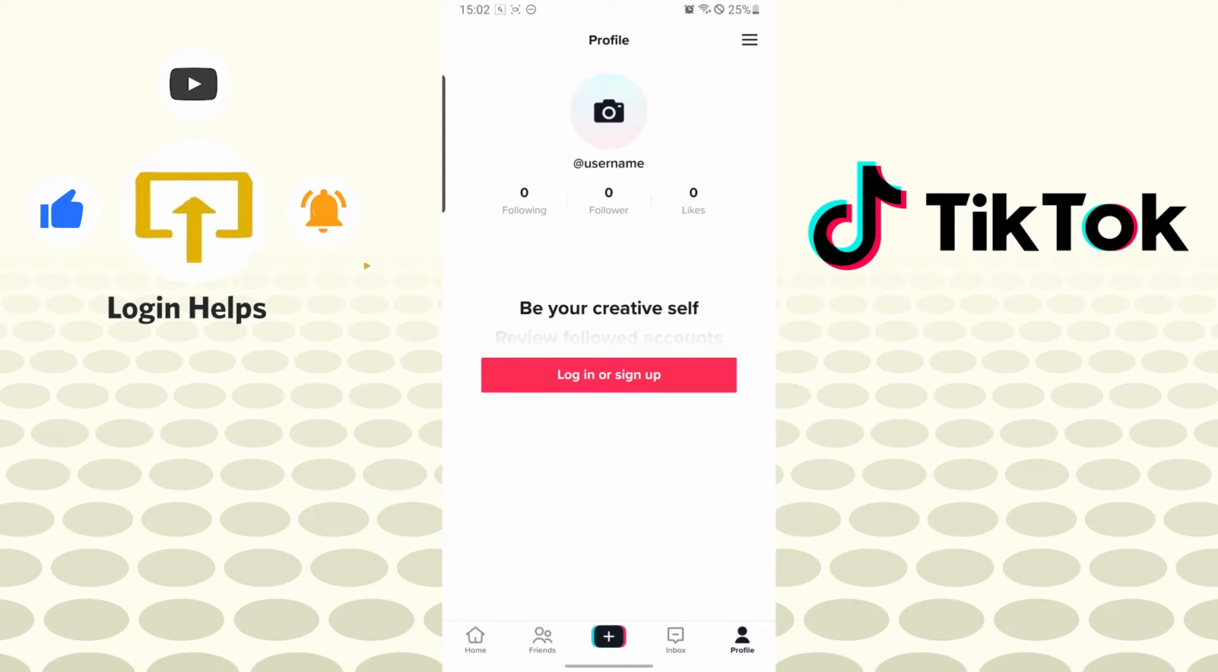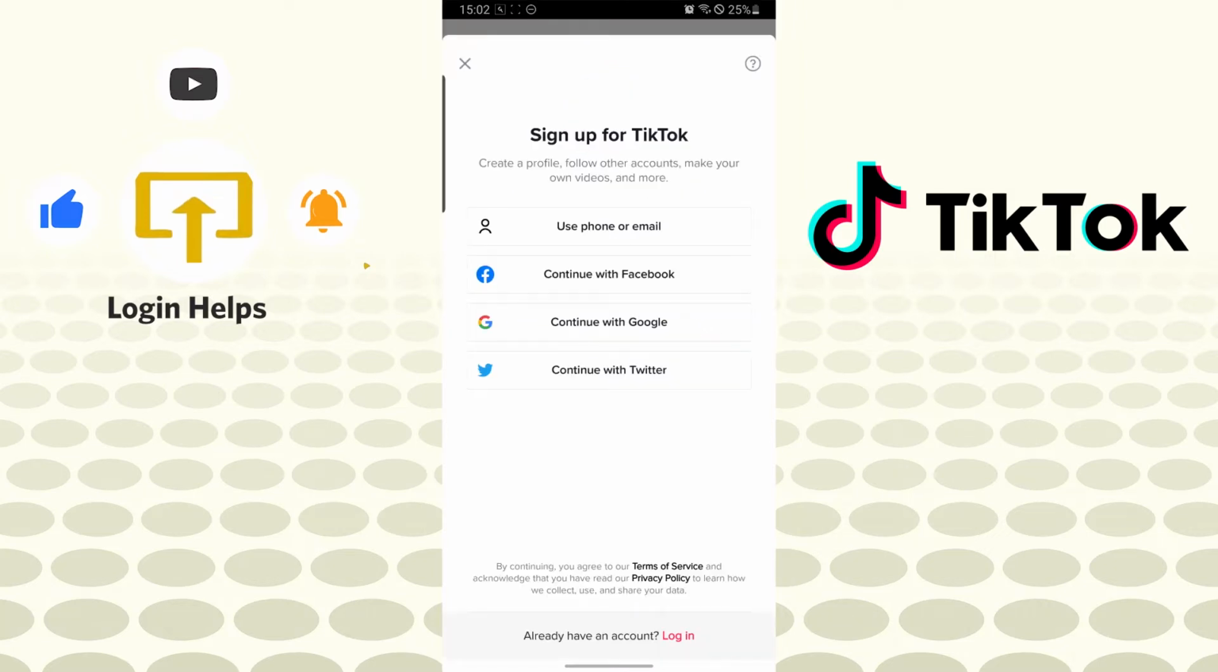You can see the login or sign up option available over here. Tap on login or sign up, and you will be shown the same interface like this one, where as you can see the continue with Facebook option available over here, just below the use phone or email. Tap on continue with Facebook,